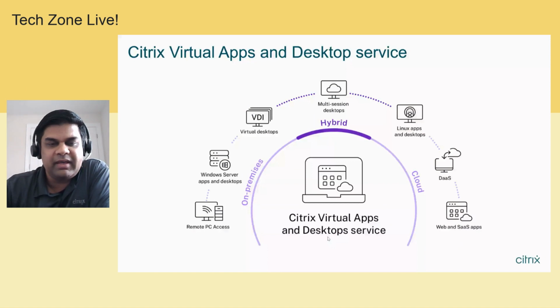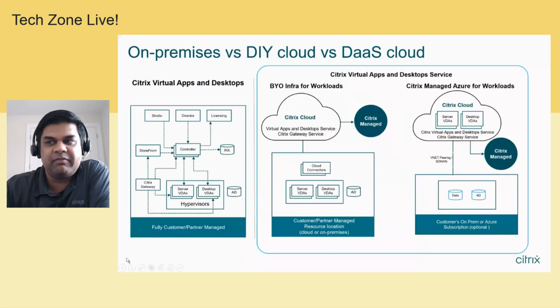So you might be wondering, can you help me understand how this deployment differs from all the other deployments that I'm familiar with? If you look at the traditional model, the on-premises Virtual Apps and Desktops model, you were responsible for procuring the licensing from Citrix, buying hardware yourself, and deploying all of these components yourself. You would download our ISO and then set up Delivery Controller, StoreFront, Studio, Director, licensing, SQL database, the gateway, and all of the VDAs and Active Directory. You had to do all of this yourself.